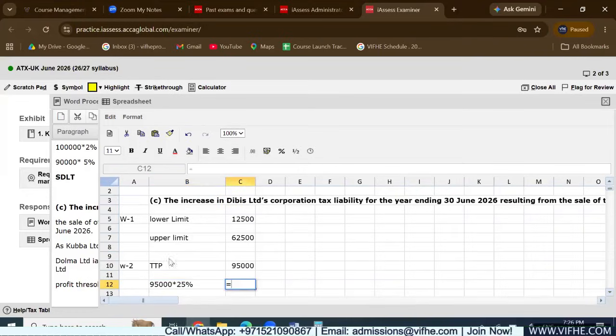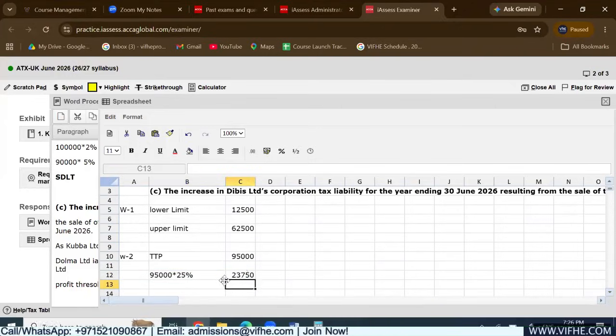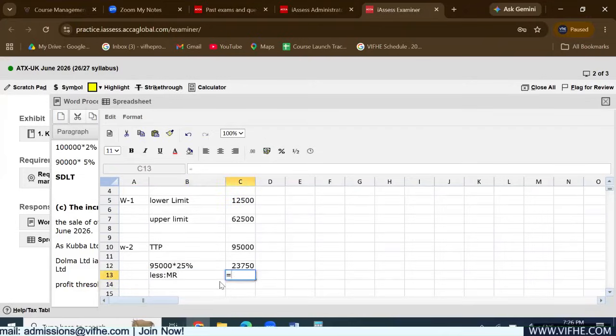So that's going to be equal to 23,750, against which I'm going to deduct the marginal relief. I hope you know how the marginal relief is calculated. It is going to reduce your tax liability. So this is about the upper limit, which is in this case 62,500 less augmented profits. Well, in this case, the taxable total profits and augmented profits are